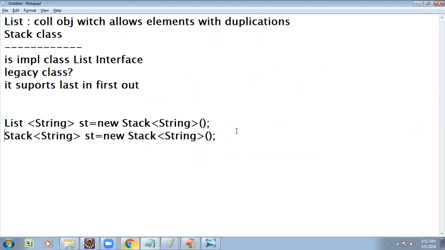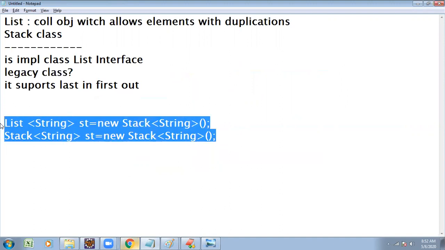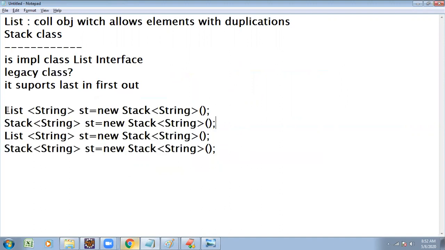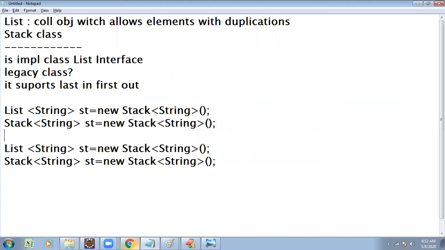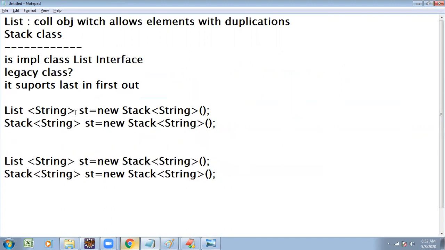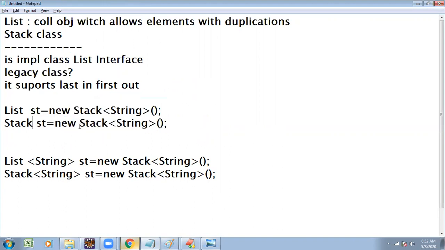Previously the logic I wrote looks like this. Here I did not mention any type. It is a raw type, that's why we are getting the logic as a raw type collection, with no type specification. But a generic collection is going to mention the type specification of data. The syntax is applicable from